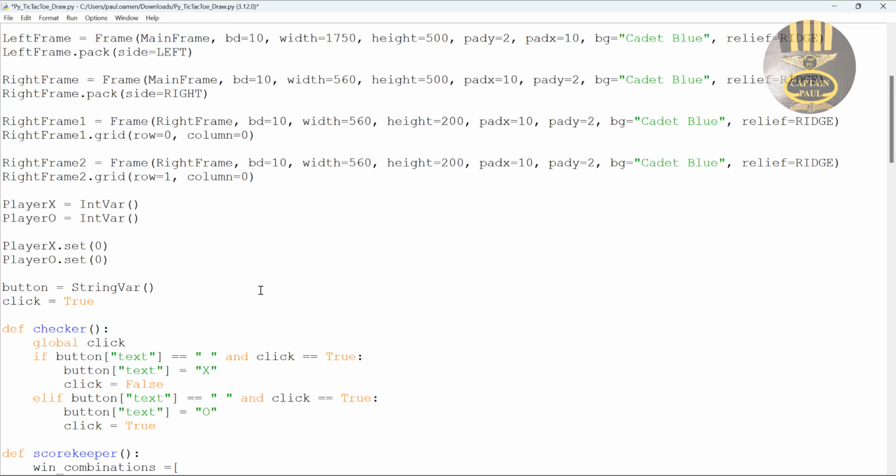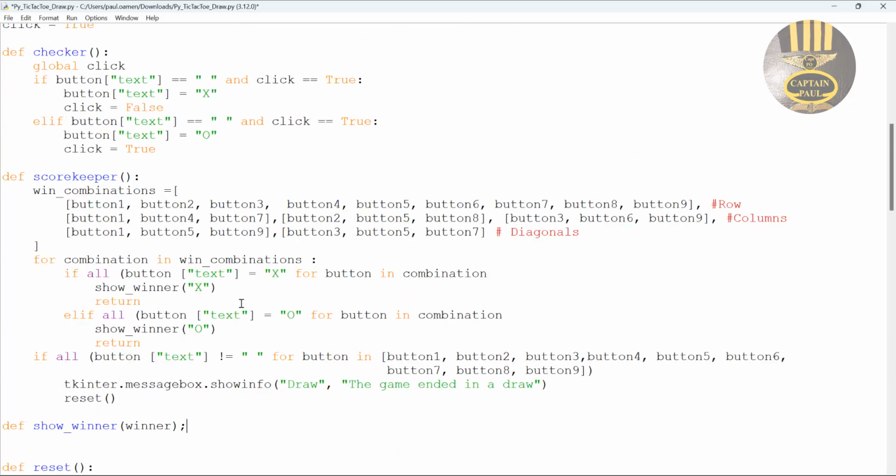So I want to use a for loop in there. So for button in button 1 to 9,